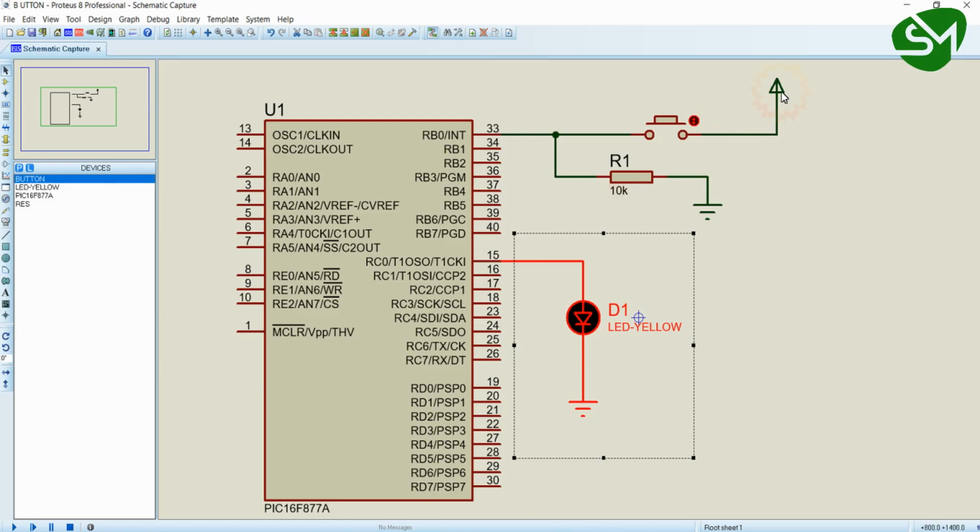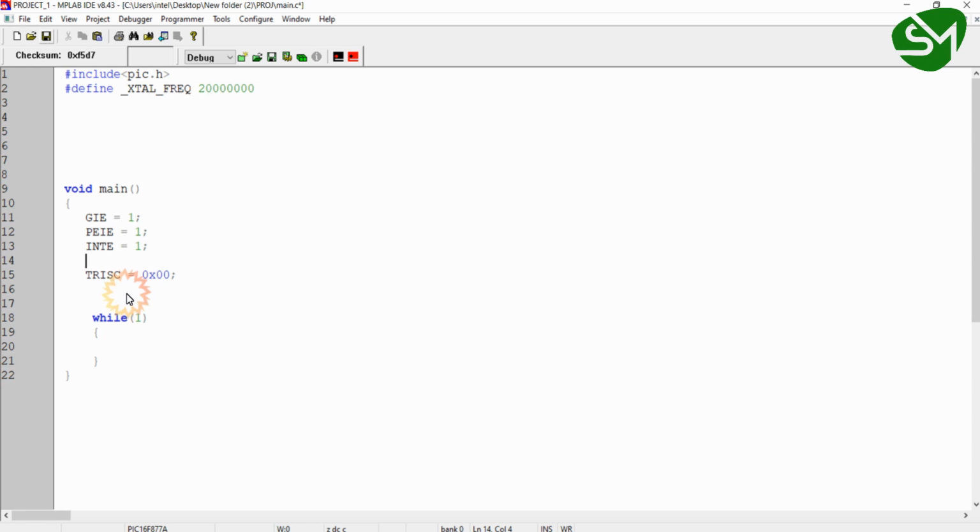In our case, whenever we press the button, there will be a rising edge on RB0. So we will set this bit to 1. So we have configured this for rising edge.